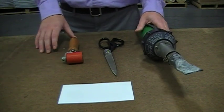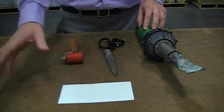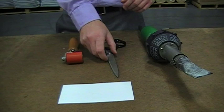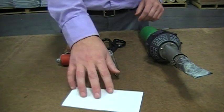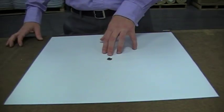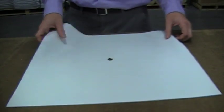Alright, these are the tools that you're going to need for heat welding a patch over a hole. What we have is a heat gun, some scissors, a roller, and some scrap patch material that you can cut up. So if you have a hole that's a half inch or an inch, what you're going to want to do is